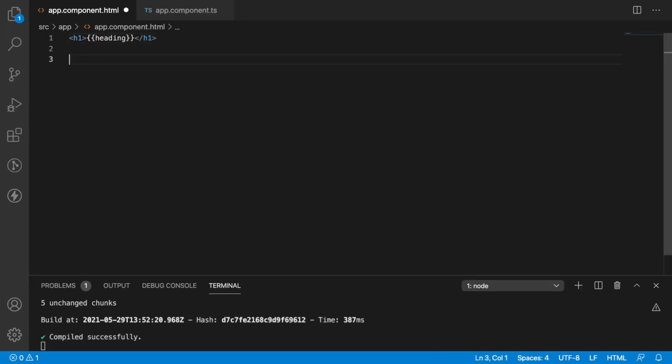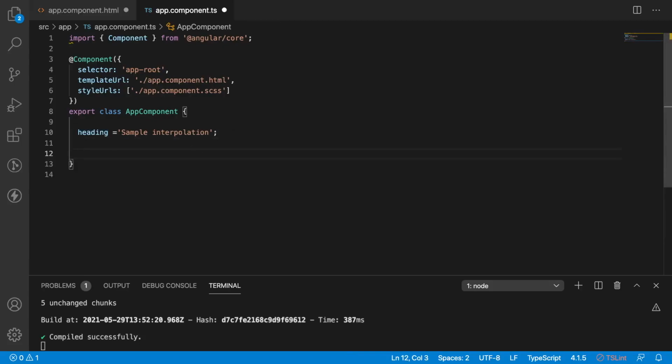Next is what we can do more with interpolation. You can do arithmetic operators also. For example, I have a variable called income equal to 3000, and let me take something called expenditure equal to 2000. I want to print the arithmetic operation between these two, that means income minus expenditure.